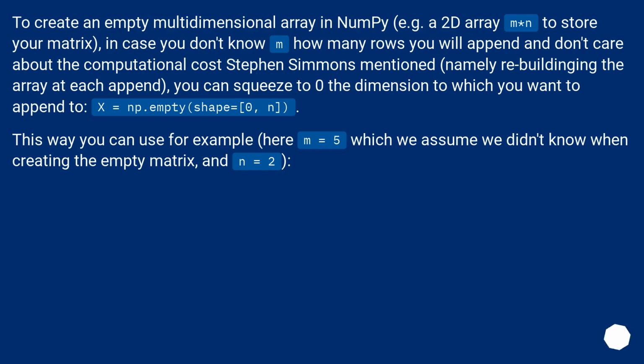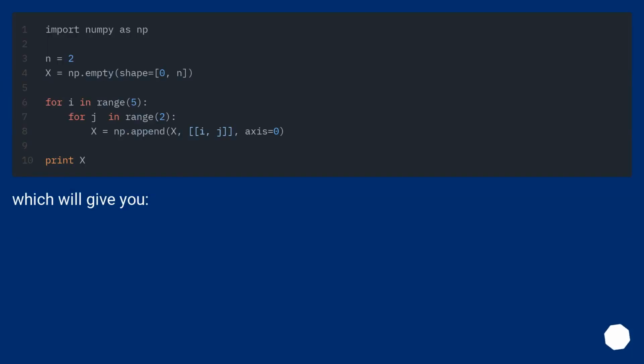To create an empty multi-dimensional array in NumPy, for example a 2D array mn to store your matrix, in case you don't know how many rows you will append and don't care about the computational costs Stephen Simmons mentioned, namely rebuilding the array at each append, you can squeeze to 0 the dimension to which you want to append to: x = np.empty(shape=(0, n)). This way you can use for example, here m equals 5 which we assume we didn't know in creating the empty matrix, and n equals 2. Which will give you